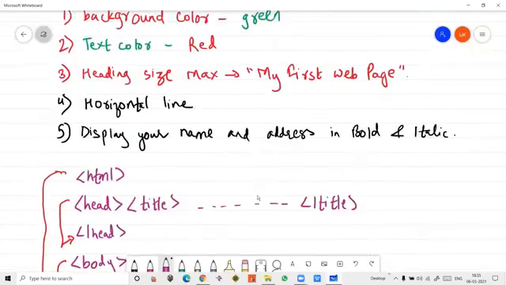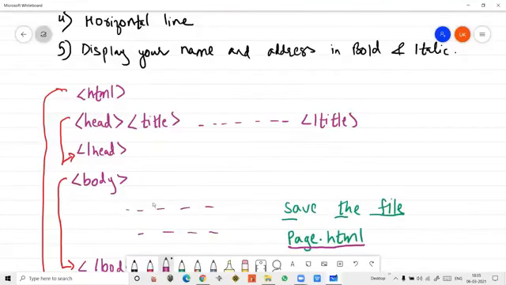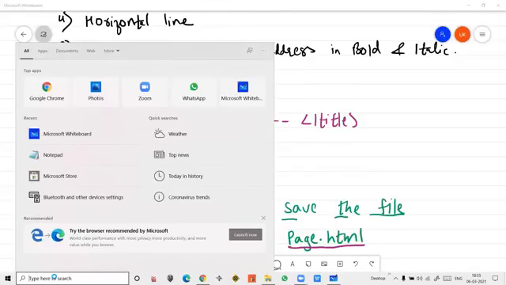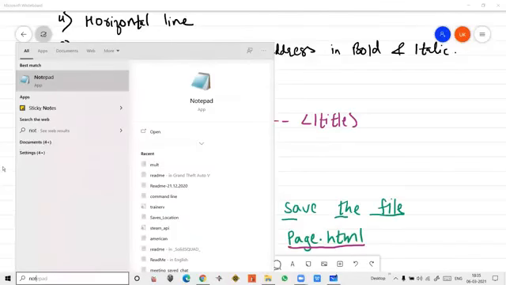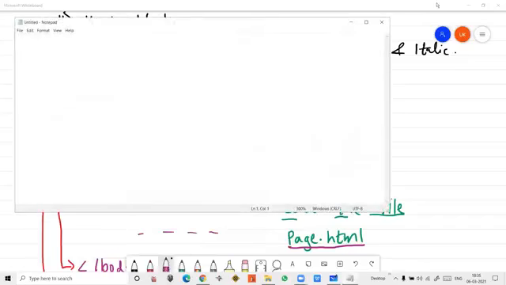Now we'll start with the practical, students. When you start with the practical, you have to open one editor, that is Notepad. In Notepad, we are going to type our code. We'll see the very basics. We have started with HTML, but here we are having HTML5, so you have to use the DOCTYPE html line. You have to add this line because now we are having HTML5. So this we have started.